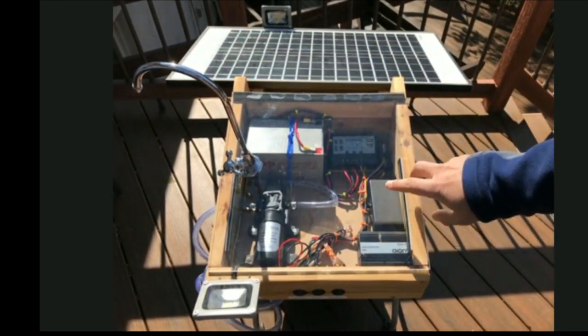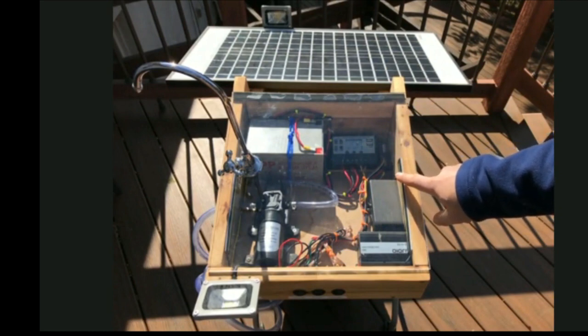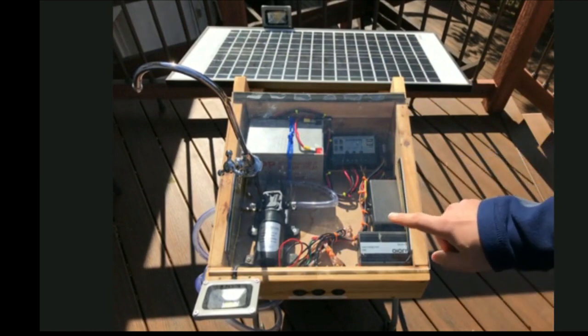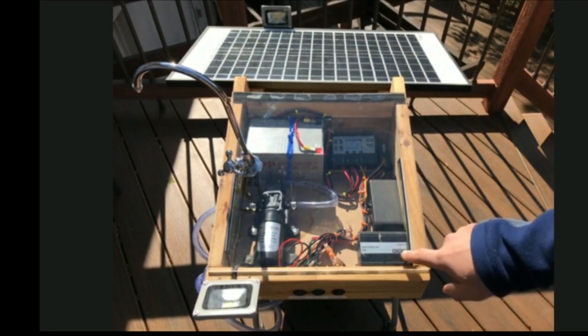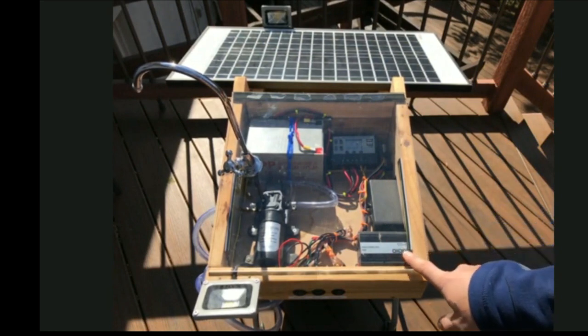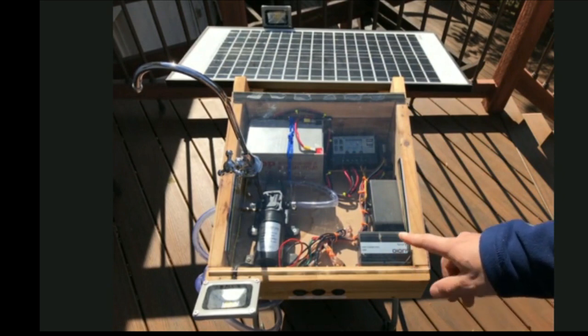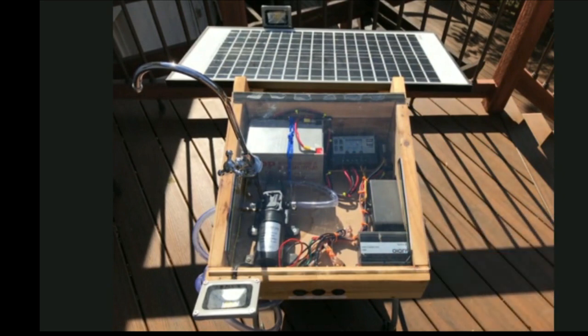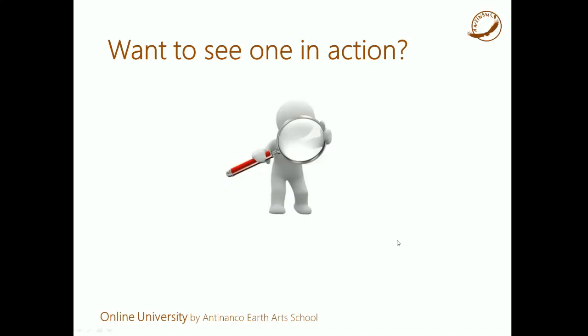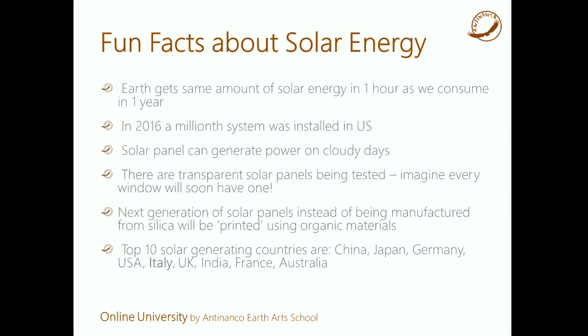And we also have a couple of devices here. We have a 4-port USB adapter, and we have an inverter. This little tiny device here is actually a 100-watt inverter that you can use to plug in your regular household devices. So that's your system right here. Now, of course, these systems could be made much larger so that they fit on top of the home. And you can also make them mobile, where you can put them on a boat or on a car or on a... Okay, so now that we've seen how the system works, let's talk about the fun facts about solar